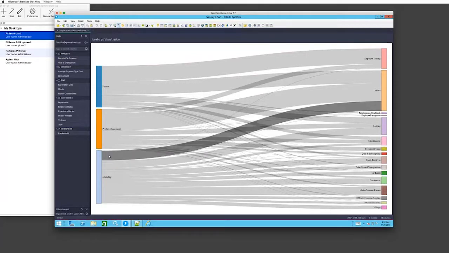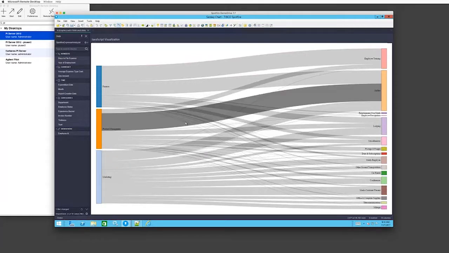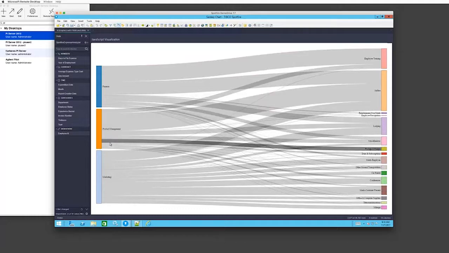display here. Downside is we don't have any marking in this visualization. So we have filtering that changes the contents of the display, but we don't have marking that would allow us to then drive other visualizations. So there are some restrictions. But the nice thing is we get a visualization that maybe we would have had to do a little bit more work. Maybe we could have used JSViz with some Sankey Chart code, but this is a fairly simple way